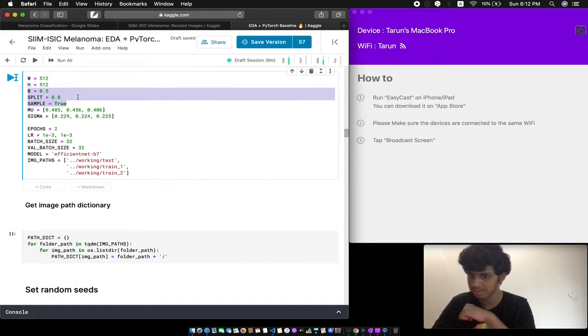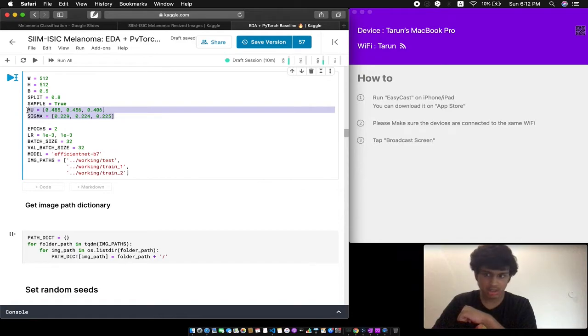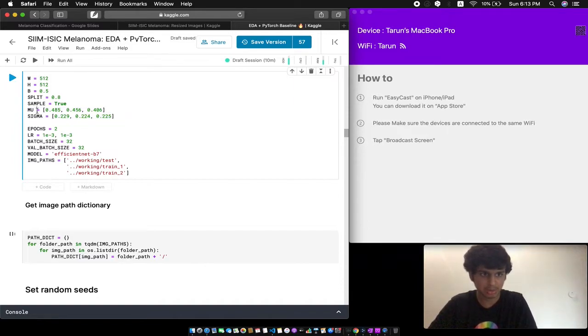In our case, we want to use weighted sampling because we have a very imbalanced data set, like I mentioned in the previous section. And then mu and sigma, these are the mean and standard deviation values of the color channels in our images. And we need these values to normalize our images before passing them into EfficientNet, because a lot of these pre-trained models expect normalized images instead of the general 0 to 255 RGB format. So once we load the images, we need to normalize them using mu and sigma. As usual, the normalized form of an image is image pixels minus mu divided by sigma. That's how you normalize an image.